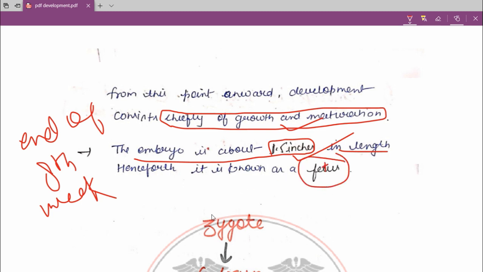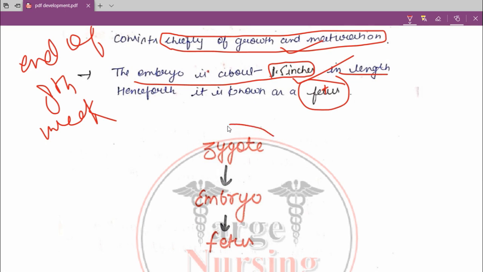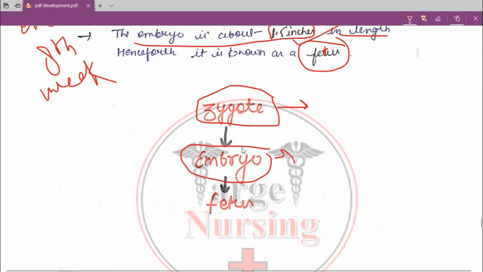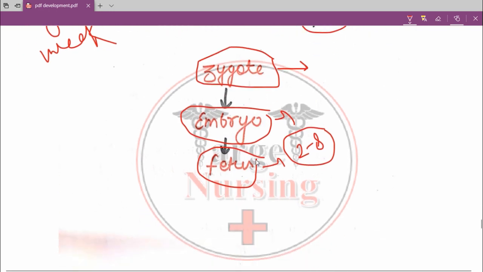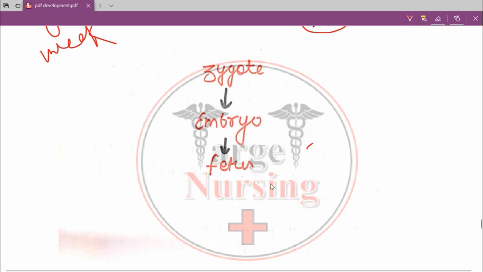So as we consider, at the end of fertilization we are gaining the zygote, and in the pre-embryonic stage, what we found was the embryo. Okay, and now the embryo is developed into the fetus, because it was the time between 2 to 8 weeks, and now all the features of the embryo have developed very well, and the system has grown, all the organs were developed, and the embryo looks like a human, and now its size is 1.5 inches. So at the end of the embryonic stage we will get the fetus. Okay, at the end of 8 weeks, the fetus will develop, the embryo will convert into fetus. Okay,